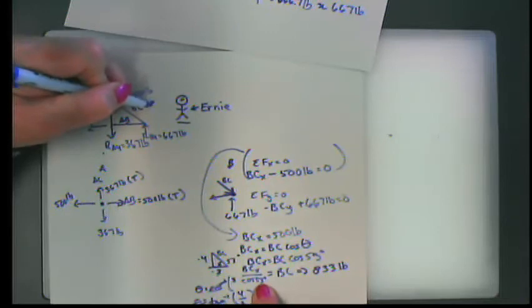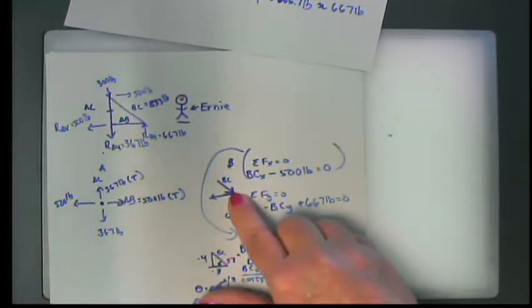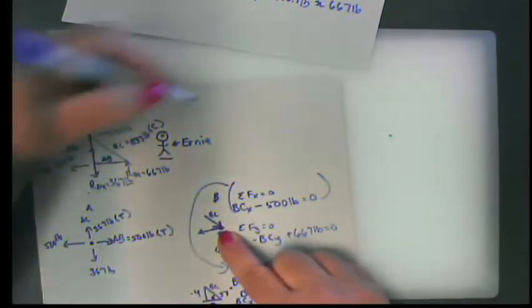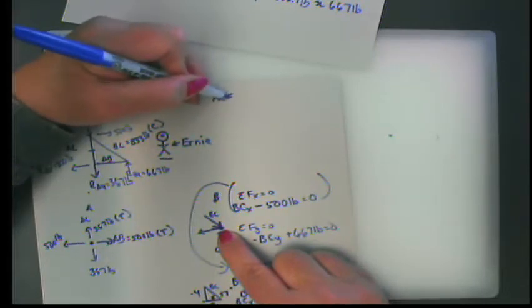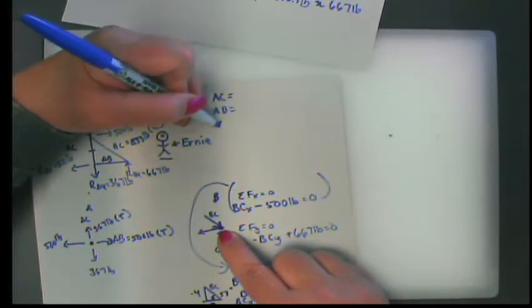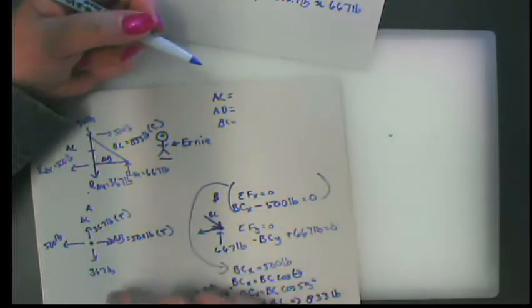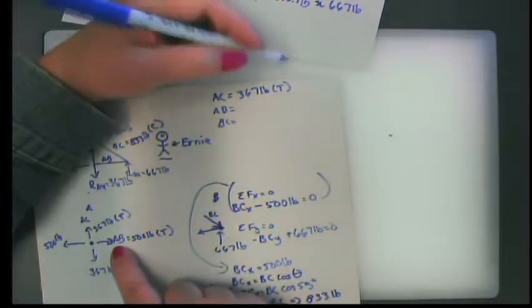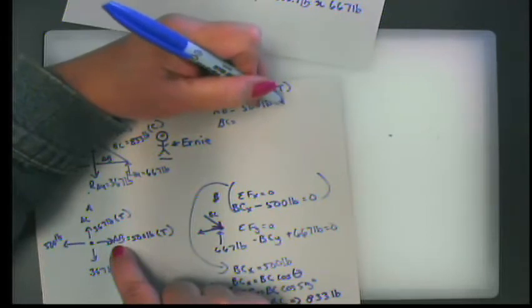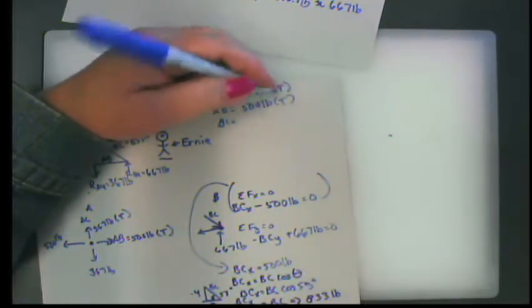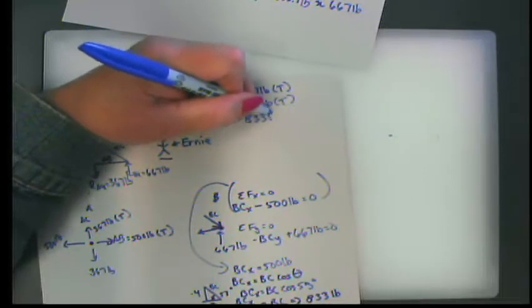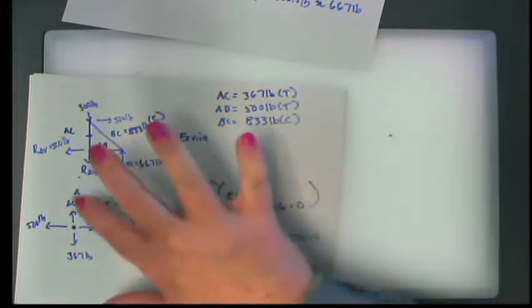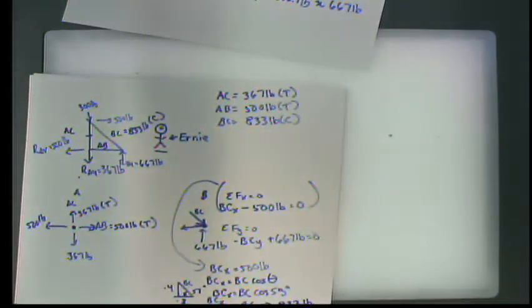So here this is 833 pounds. If I go back, is it pushing or pulling on the joint? It's pushing, so that's compression. Okay, so to solve the truss, I can say AC equals something, AB equals something, and BC equals something. AC, we determined, is 367 pounds in tension. AB is 500 pounds, also in tension, and BC is 833 pounds in compression, and this block of information is the answer to solving that truss using the method of